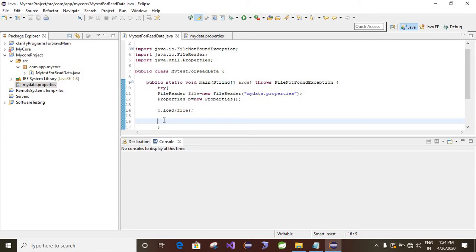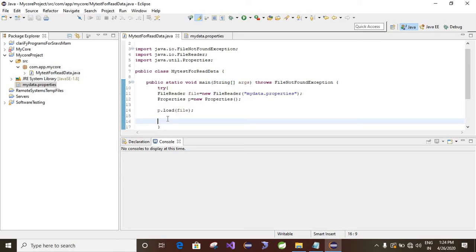See, next, now you loaded the file, right? It means it read the file. So how can I display the data? We have some other methods to get the properties file elements.